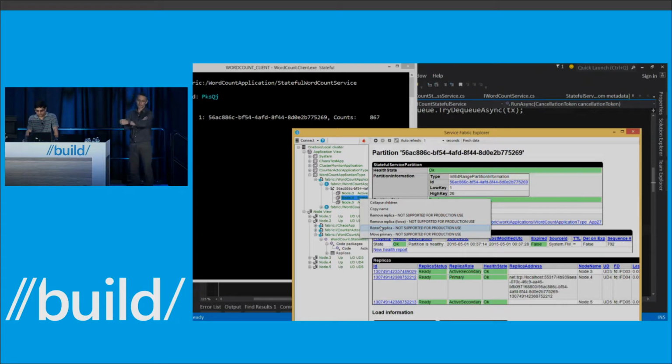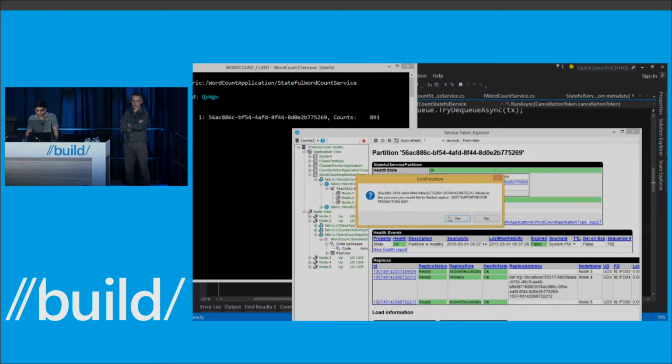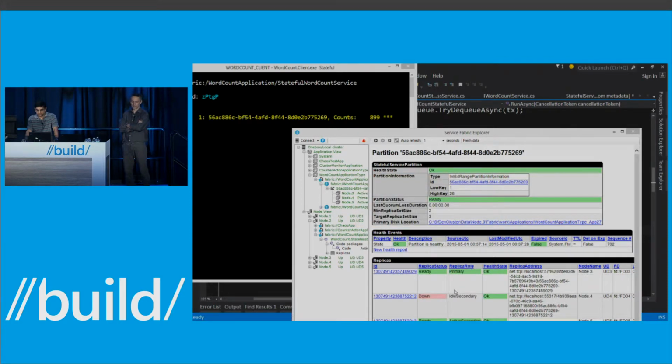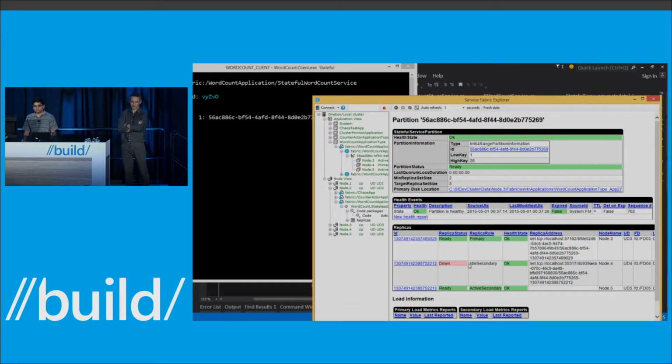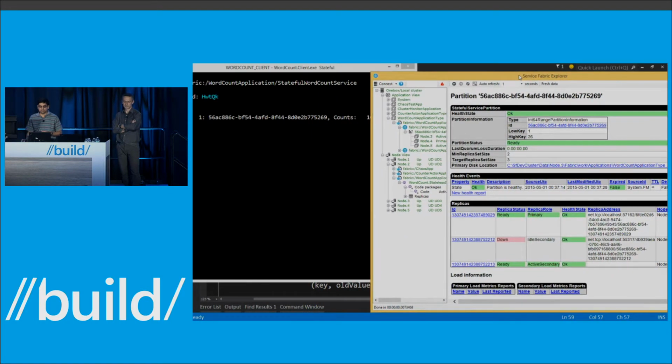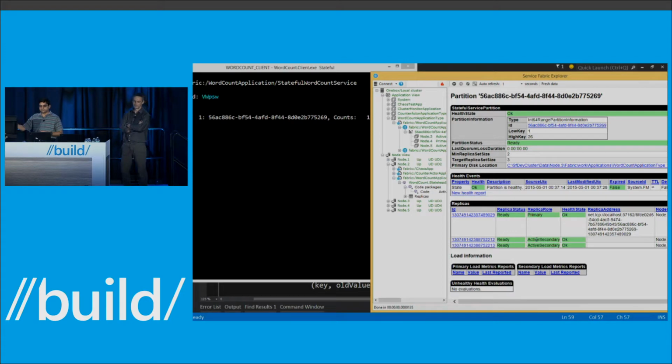Okay, so I'm going to restart the replica. The replica that is now primary is on node 4. You'll notice a switchover happening right here. So this became primary. There was an active secondary. The counts are going while this replica is still down and it's building. So after a while, what will happen is that we'll start to build up this replica. This replica will come up. It will show as in-build, which means that while this replica is down, there is a bunch of operations happening. All of these operations, the words that are being added, that replica needs to be caught up to those. So it becomes in-build. We're basically saying that, okay, you still cannot join the replica set because you don't have all the operations. Once it has all the operations, it will become an active part of the replica set again. Right?